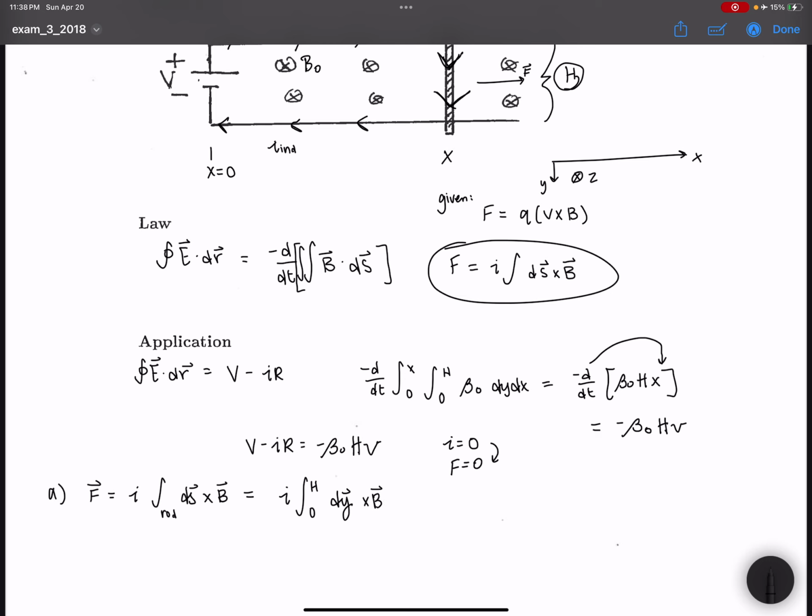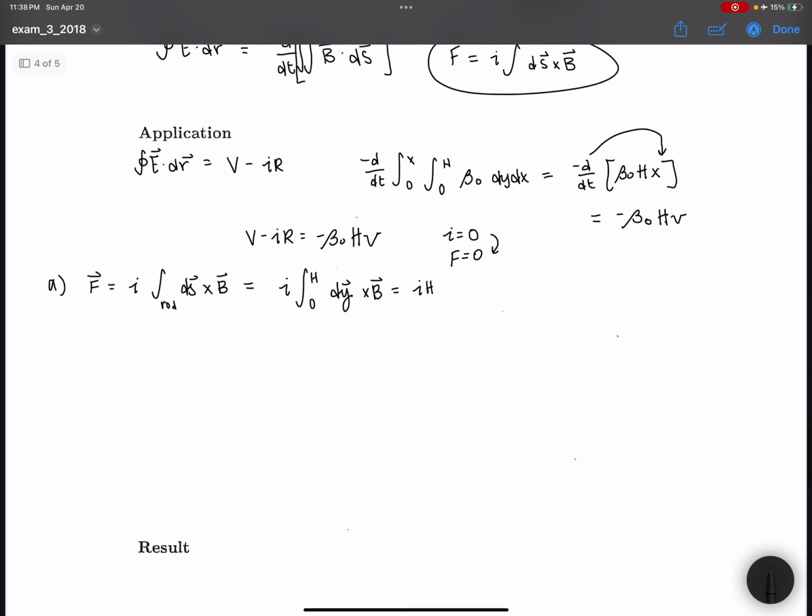So, current times the integral with respect to y, dy cross B. The magnetic field is perpendicular to ds, or dy. This is dy. And so dy is going down and the magnetic field is going straight into the page. So dy and B are perpendicular to each other. That means we can use the concept for cross products, which is